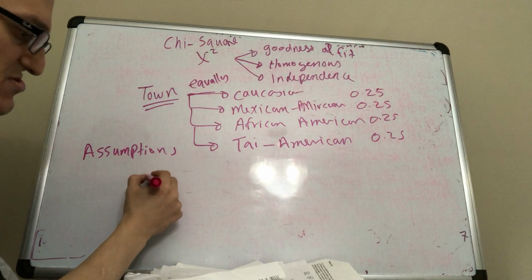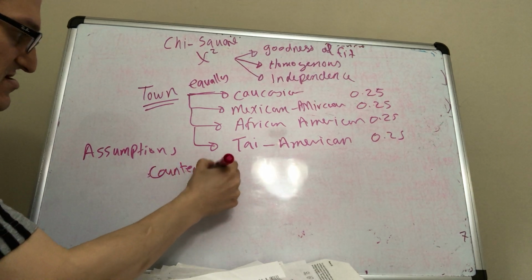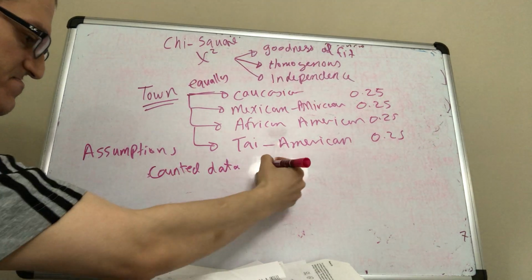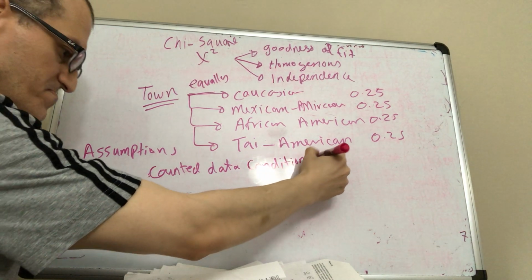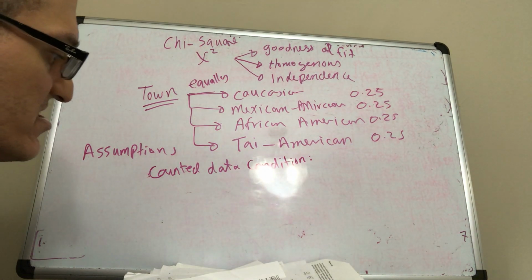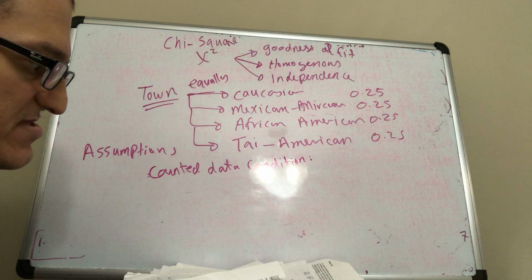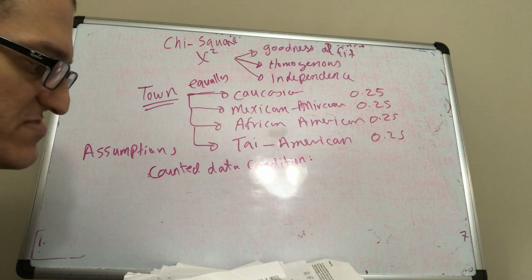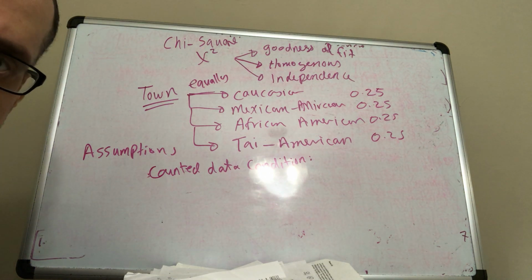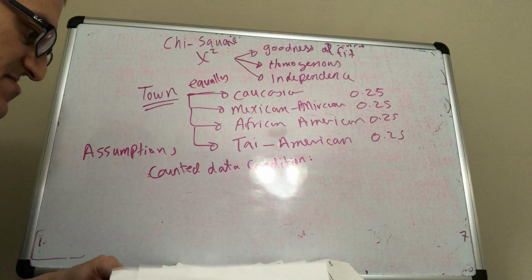The first assumption is called counted data condition. You need to make sure that it's a categorical variable, and you need to make sure that these numbers represent counts. If you look at the Minitab provided,